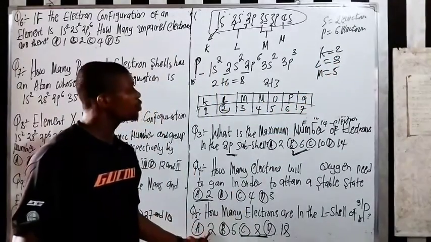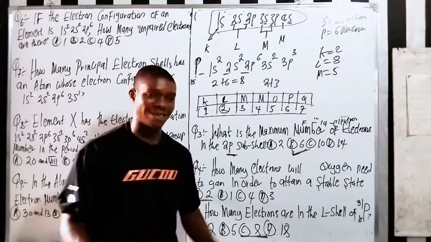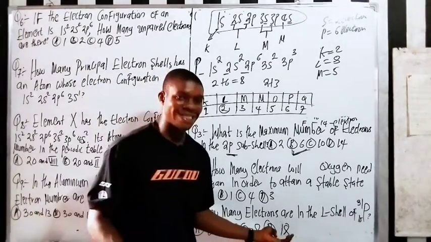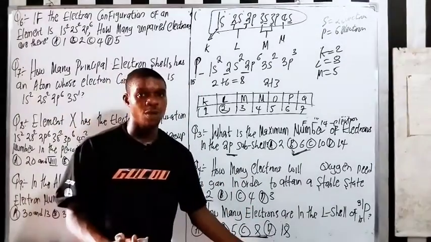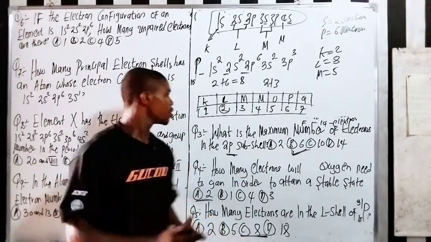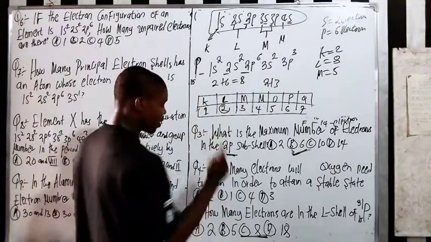Here we have 2. Here we have 5. Here we have 8. Here we have 18. So if you don't really understand this very well, you will not be able to get the right answer. So they say